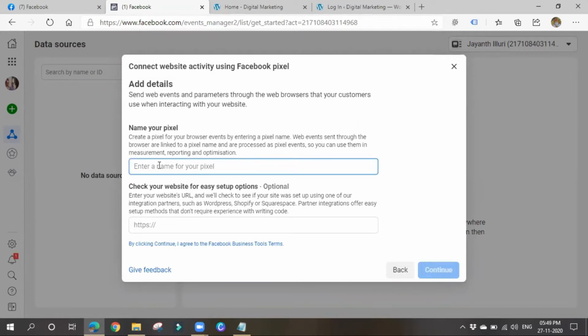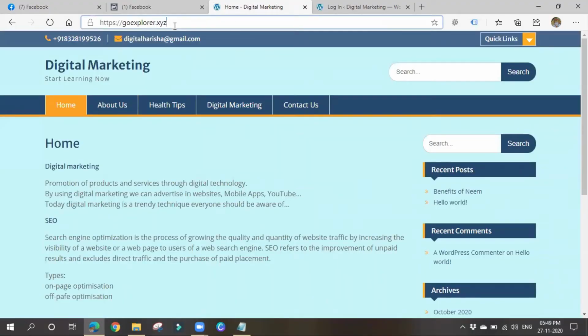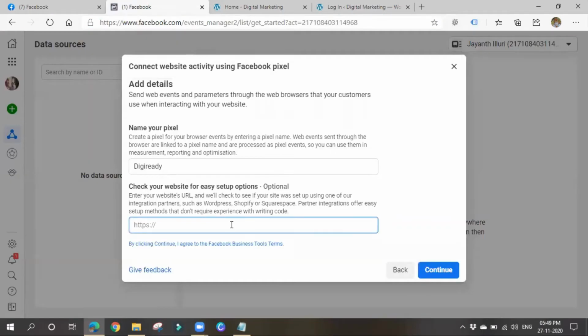I'm giving it some name like green revolution, or else I'll give it some digi. Now give your website URL also. In which website you'll be placing your code, please give that website URL. So I'll copy my website URL and paste it here. Click on continue.